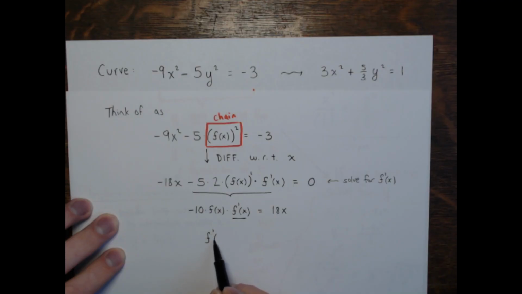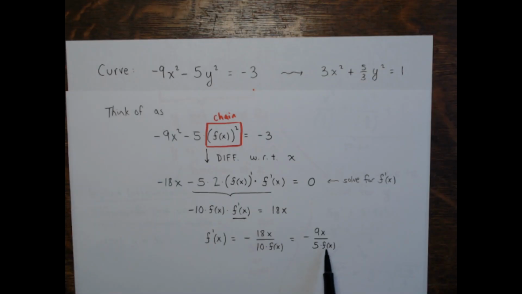So our first derivative, f prime, the slopes of tangent lines to any point on this ellipse, will be negative 18x divided by 10 times f of x, which if you simplify things, 18 over 10 is 9/5. So this is -9x in the numerator and 5 times f of x in the denominator, where f of x,